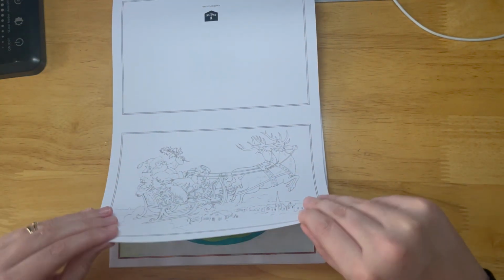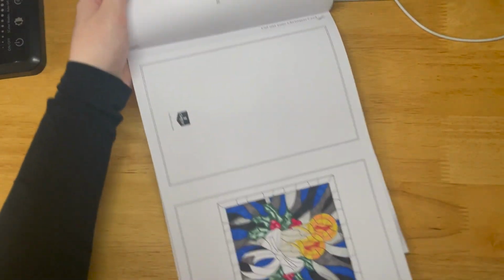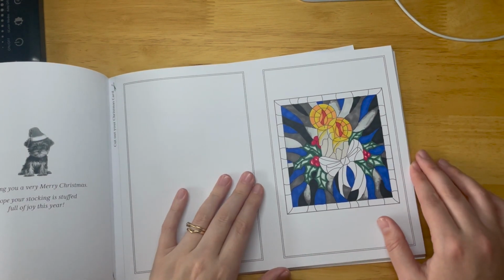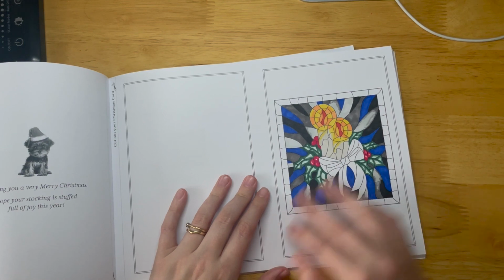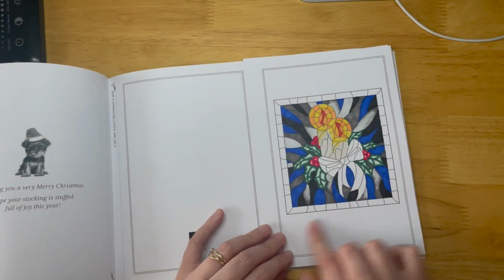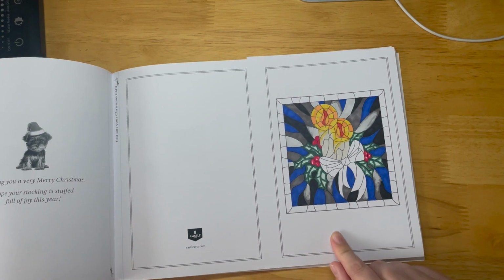Got the sleigh, and this one here is one that I am currently working on. I was watching Junior Bake Off, and I've just used alcohol markers, so no pencil on this one. But it seems to work quite well. Obviously you do need something behind to stop it from bleeding through, but you know, there's a real variety